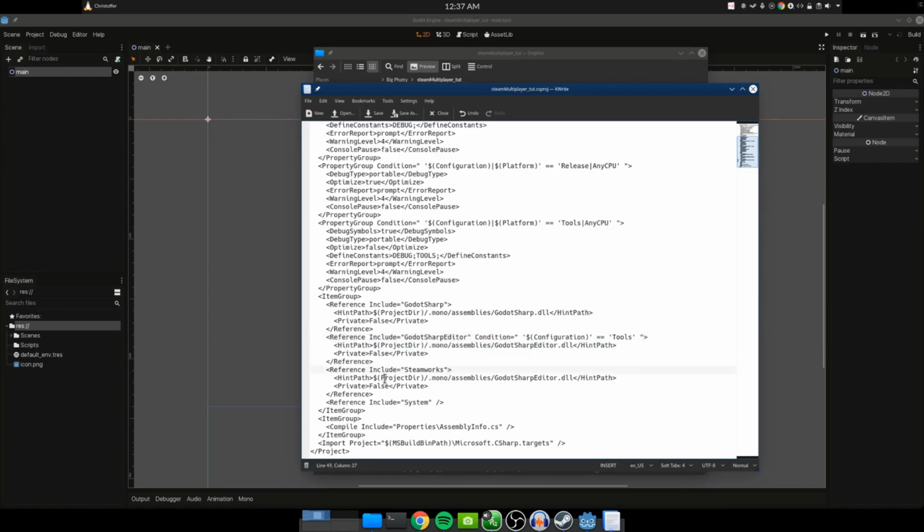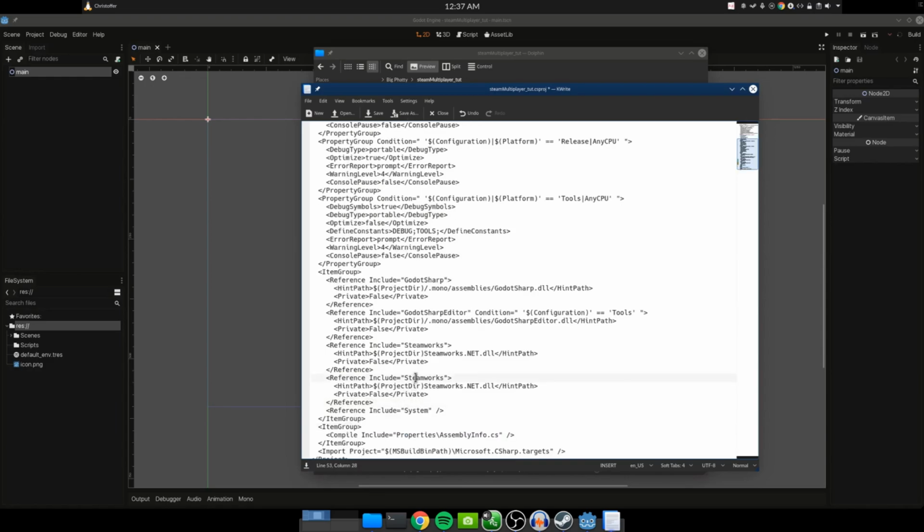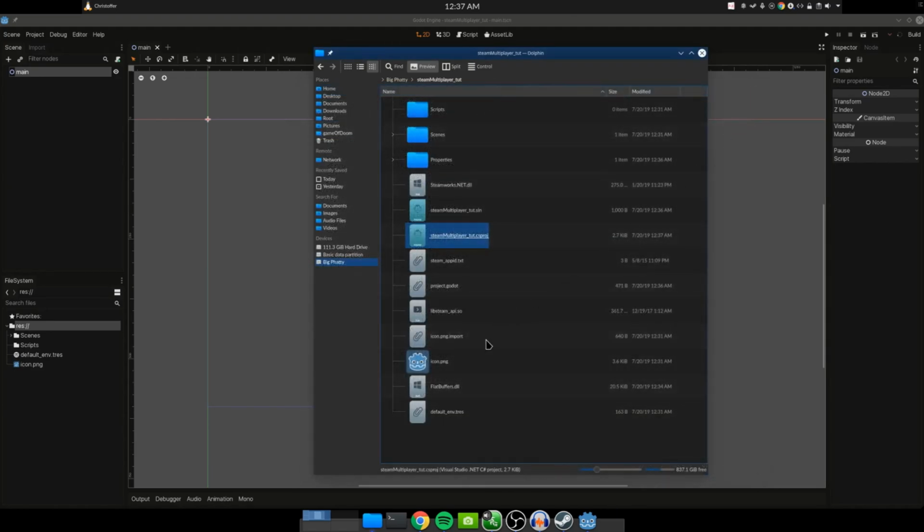So hint path, this is where the library is located, and that would be inside of our project directory, and it's called steamworks.net.dll. Alright, so that's the first reference done. Copy paste the reference template here again, and then we have another one called Flatbuffers, and that would be also inside of our project directory, flatbuffers.dll. Very good, I think that's it. Yep, so now save this, close it,